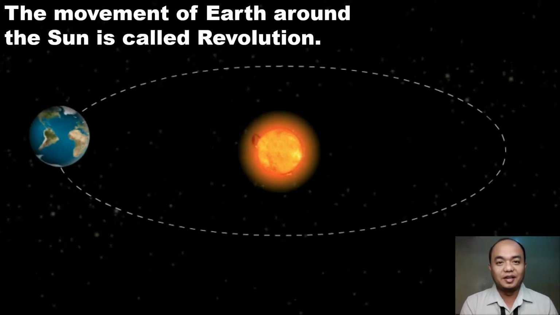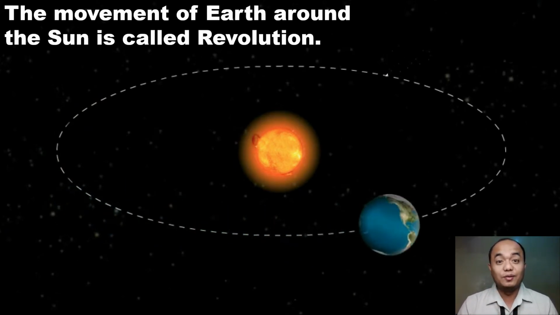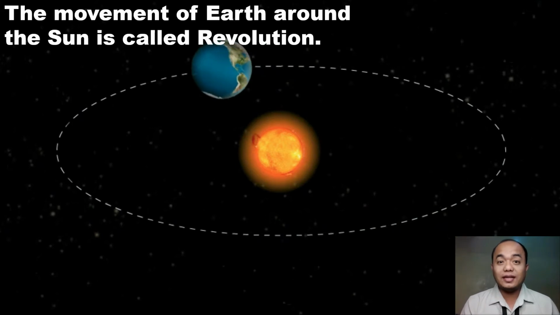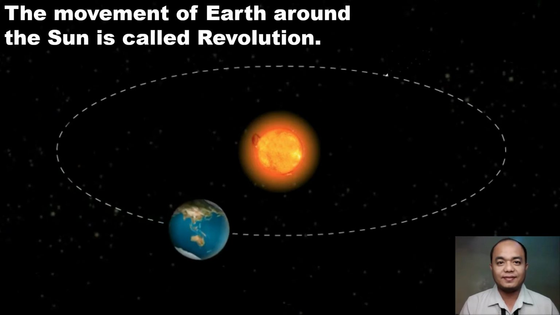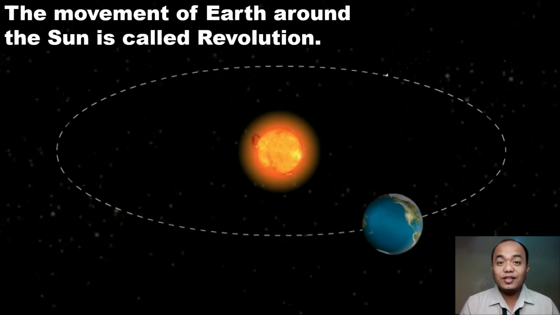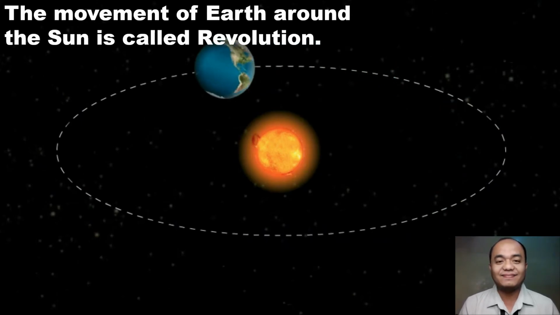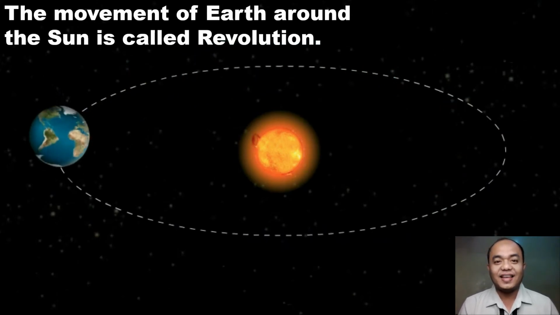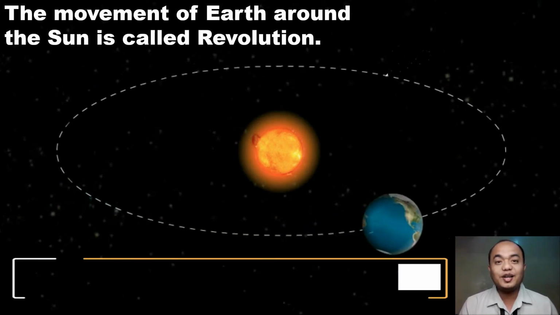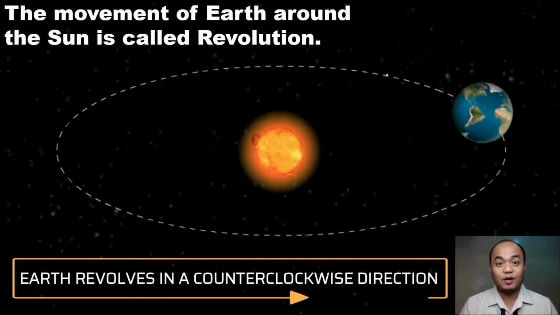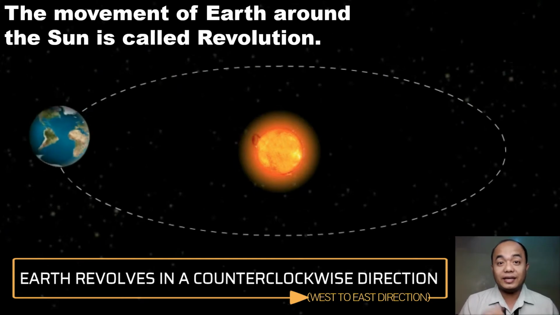Yes, very good. The movement of the Earth around the sun is called revolution. Observe closely, class, the direction of the revolution of the Earth around the Sun. How does Earth revolve around the Sun? Anybody? Yes, Earth revolves around the Sun in a counterclockwise direction, or it revolves around the Sun from west to east